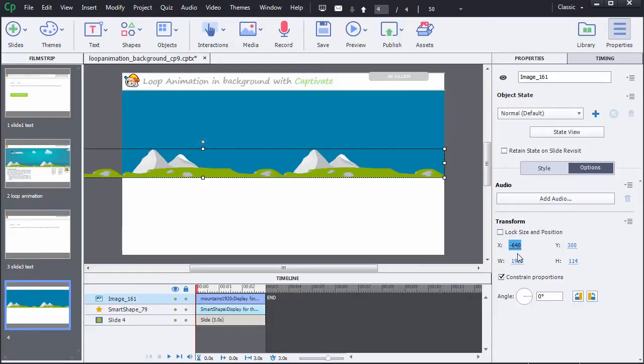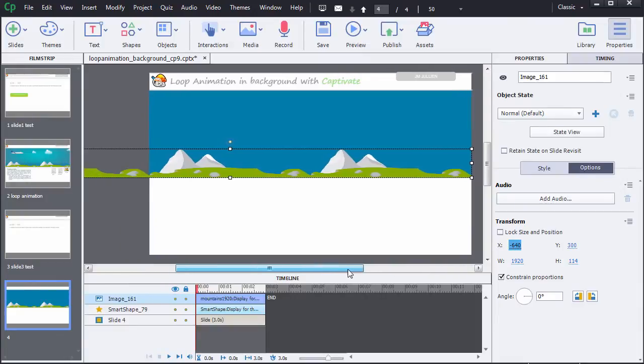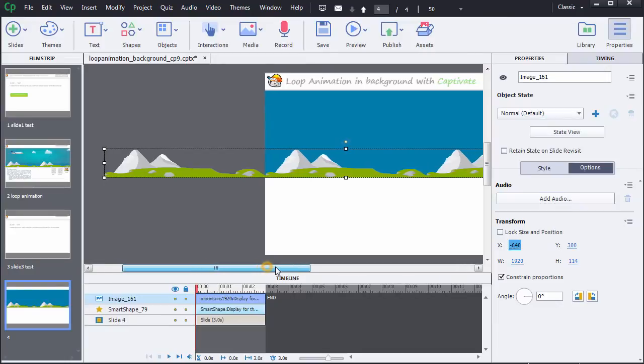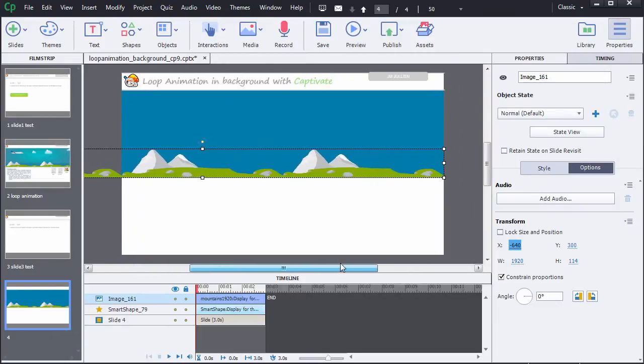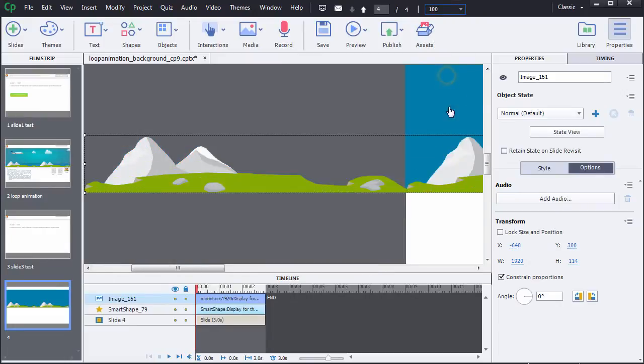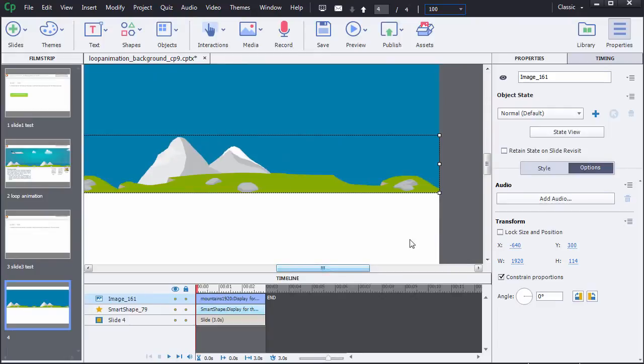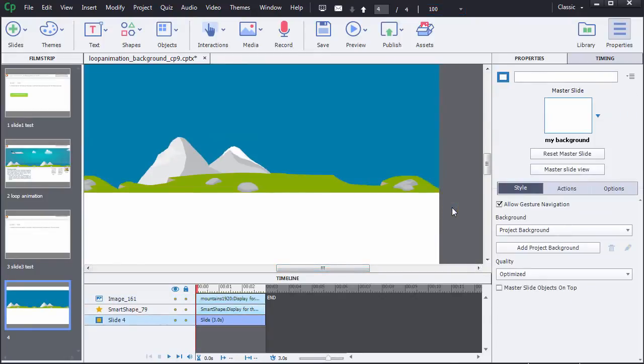And once entered, you can see on the left side that a full basic visual cycle is out of the slide, and that on the right, the picture is just on the edge of the slide. This is exactly what we want at this step.